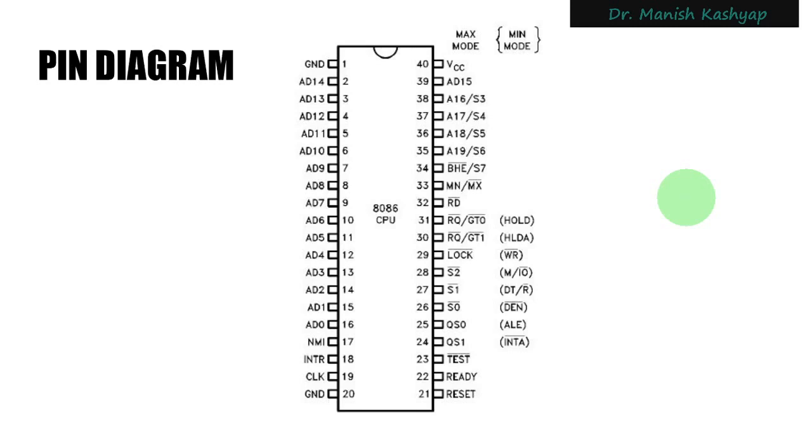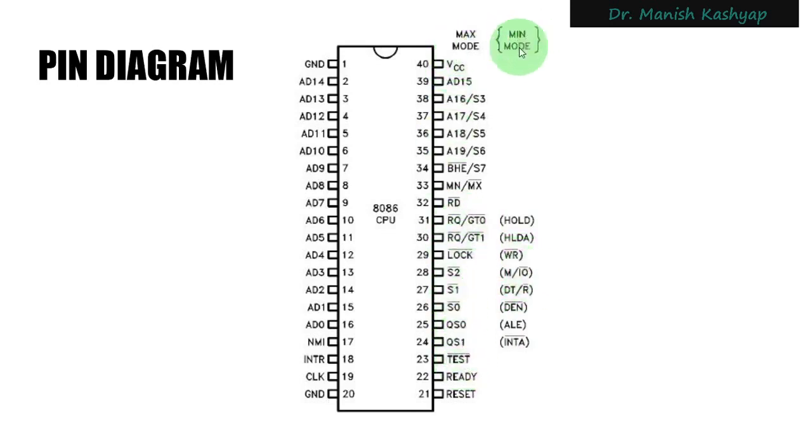Then we moved on to the pin diagram. Inside the pin diagram, we saw that some pins had multiple meanings. You can see the pins from 31 to 24. These pins have two meanings, in the context of minimum mode as well as maximum mode. Some pins will behave in one way when you assemble a minimum mode system, and they will behave in an alternate way when you assemble your system in maximum mode.